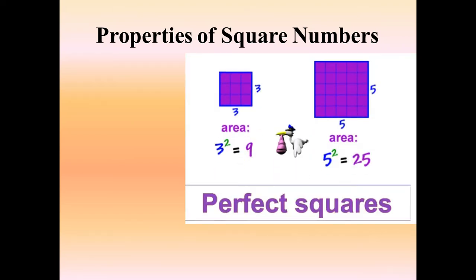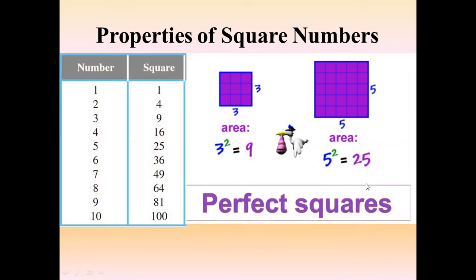Now let's discuss a few very important properties of squares of numbers, and these properties are very useful whenever we do the prime factorization or find the square root of numbers. First of all, perfect squares. What is the meaning of a perfect square? Suppose 9 is written here, so I can say 9 is a perfect square, because I can write 9 as the product of two identical numbers, like 9 is 3 square, that is 3 into 3. Again 25 is a perfect square because I can write 25 as the product of two identical numbers, that is 5 and 5.